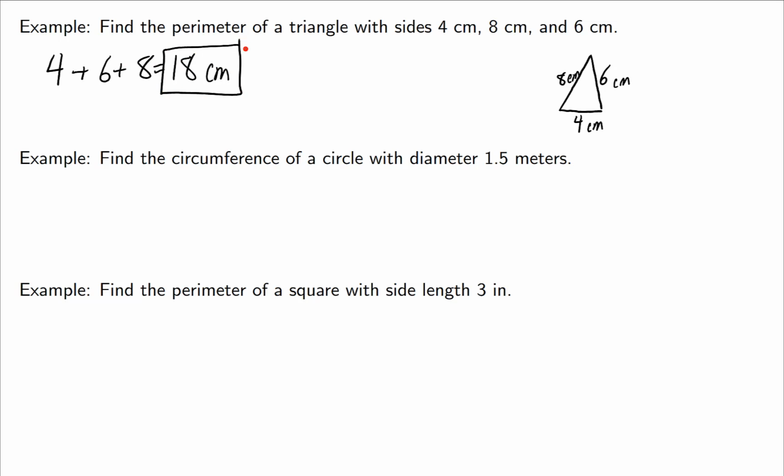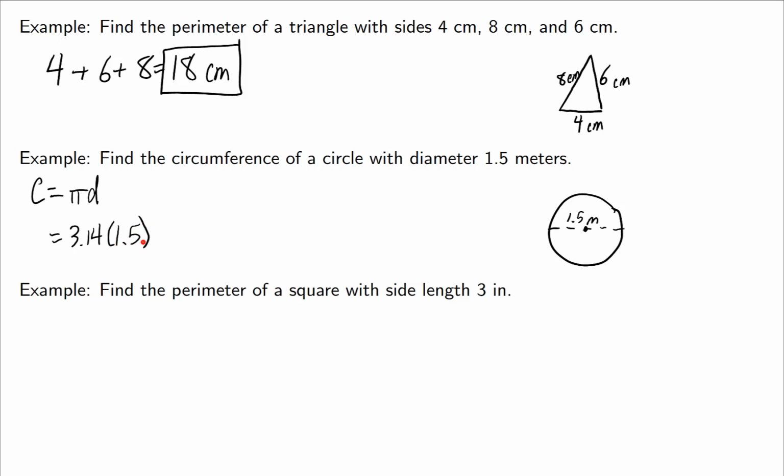Find the circumference of a circle with diameter 1.5 meters. Here's your circle. And again, your diameter would be 1.5 meters. The diameter is the distance straight across. The formula that we have is C equals. Now you have 2 choices. There's 2 pi r and there's pi d. In this case, I'm given the diameter, so let's use pi d. Pi is approximately 3.14, or use the button on your calculator,